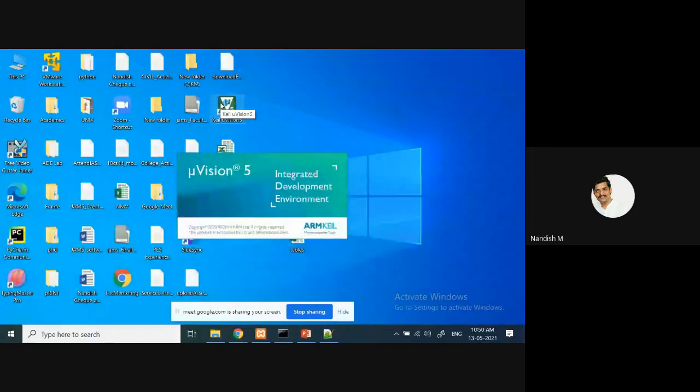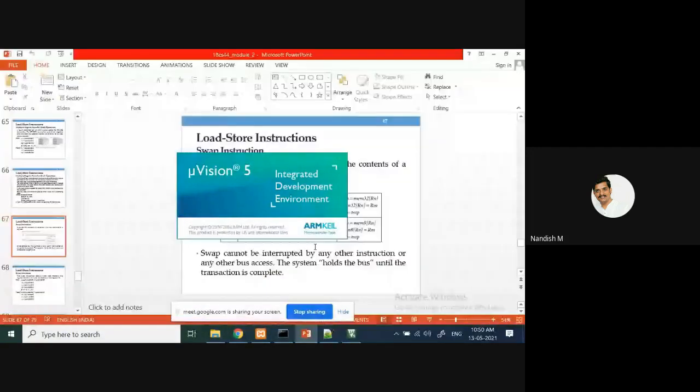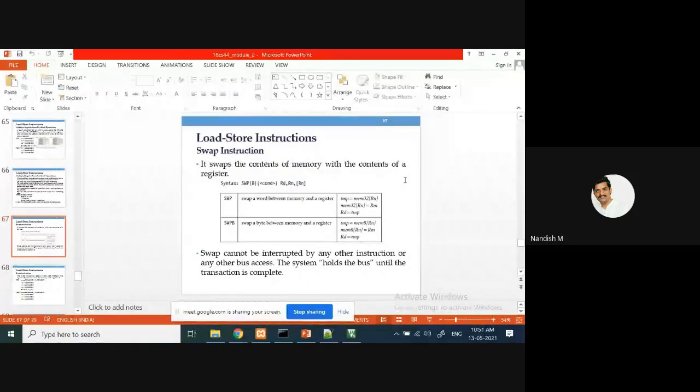BL means L is the link register. What the link register contains is the address of the next instruction after the BL. Once it executes the subroutine, some set of instructions, it has to come back. That return address, where it should come back, is stored in the link register.